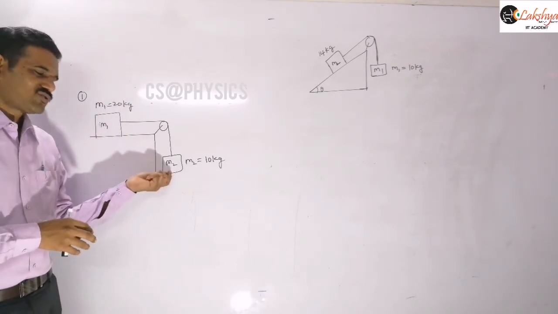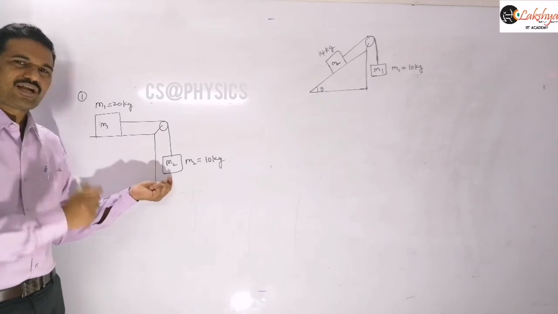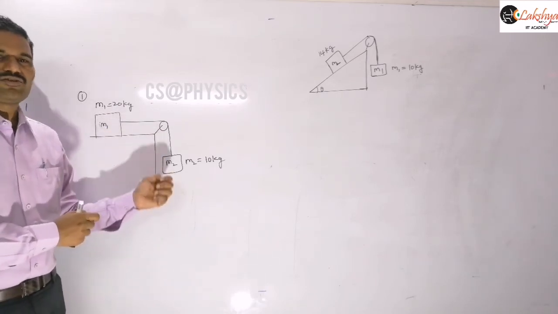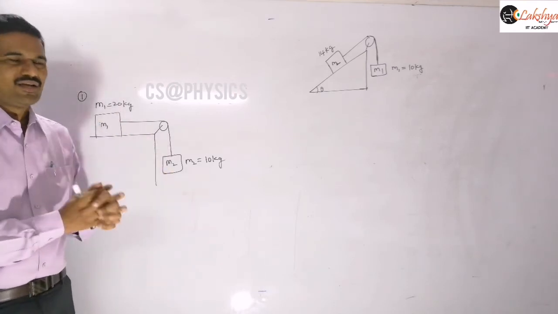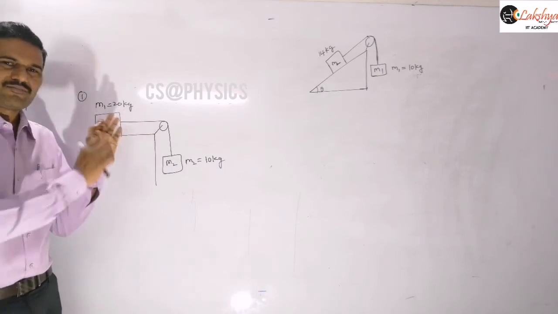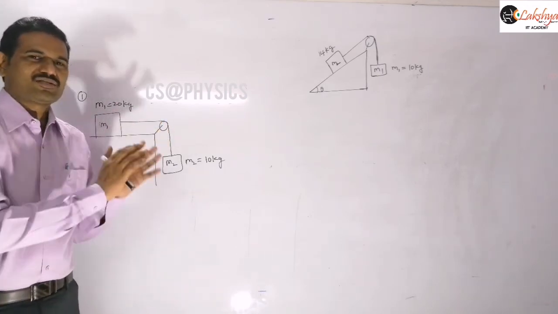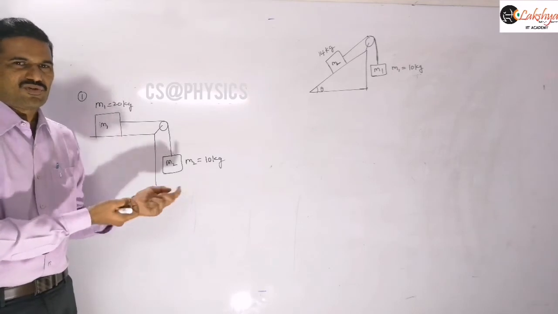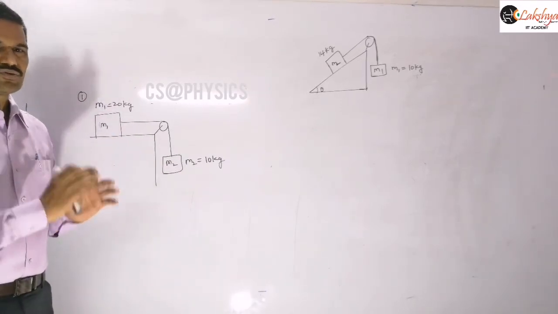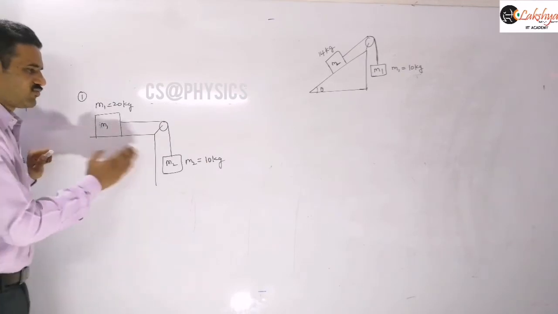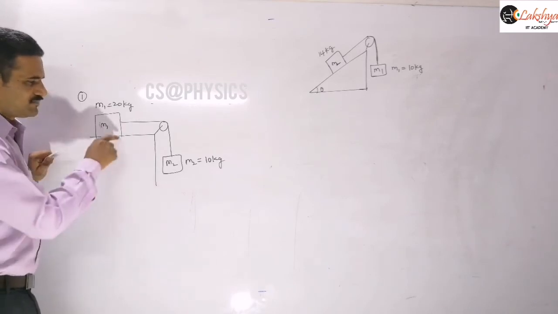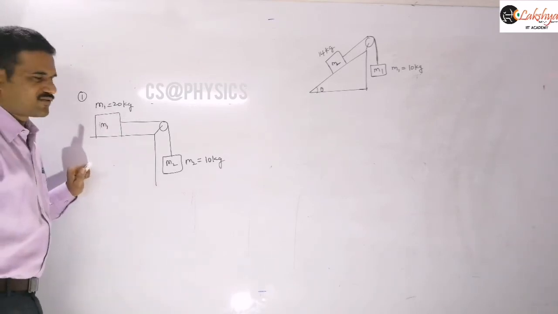So whatever the mass you place here, even if you place 50 grams of mass and here it is 100 kg, then definitely that 50 grams of mass will accelerate the system, because it will exert some force, so that some tension develops in the string, and because of that tension the system will accelerate. The acceleration may be small if the weight of the block is small, right? But it will accelerate, you should remember that. So irrespective of larger and smaller masses, the system will accelerate if it is like this and the surface is smooth.